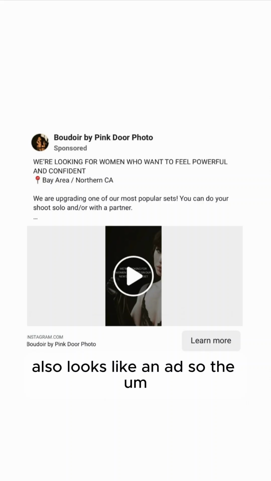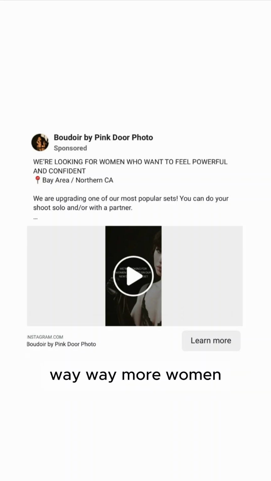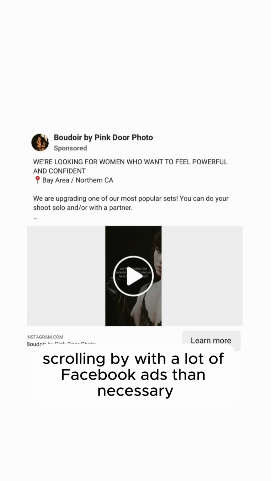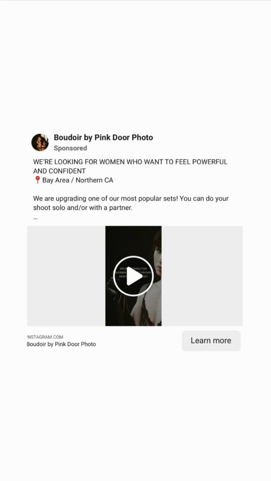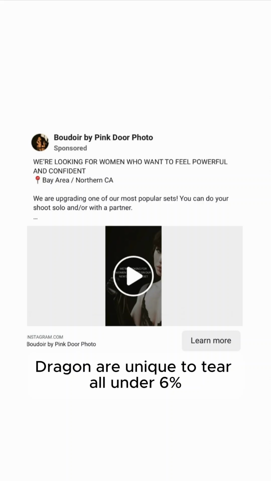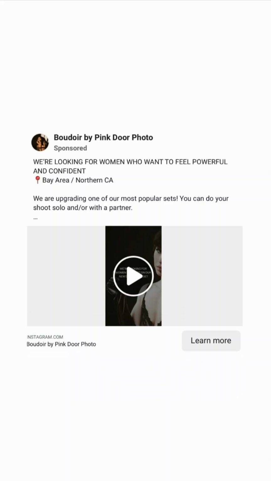So the consequence of this is way, way, way more women scrolling by our boudoir Facebook ads than necessary, dragging our unique CTR under 6%